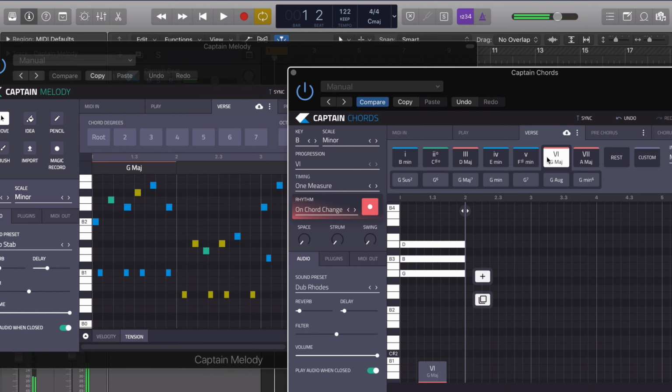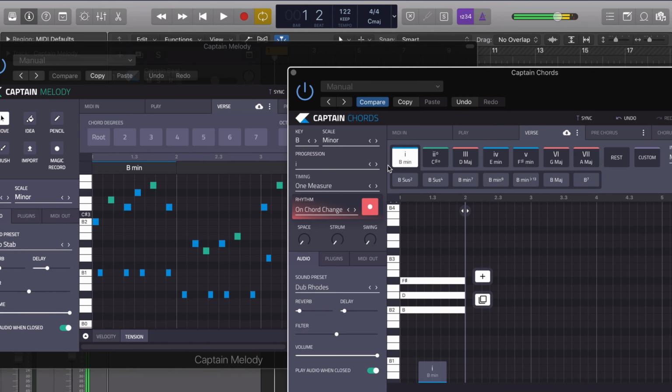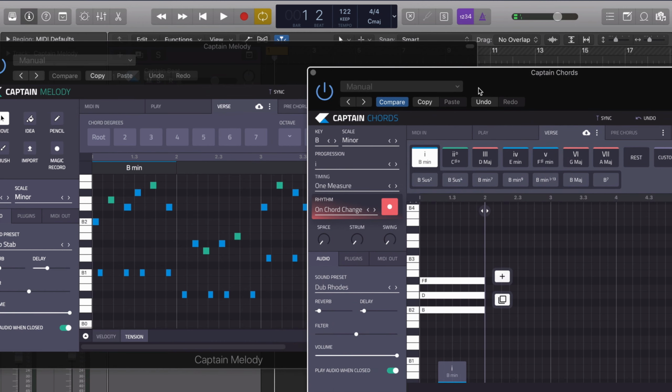So you can see some of them sound good and some of them don't sound so good, and the ones that sound good tend to have more blue and green notes, the occasional yellow note. So we can use this to help us decide which chords to use in which position of the melody. As a rule of thumb, and what I normally do, you don't have to do it, but I normally start with the root chord of the key and scale, in this case B minor. So we'll just go back to that. You can see straight away that it's most likely that is the right chord for that position.